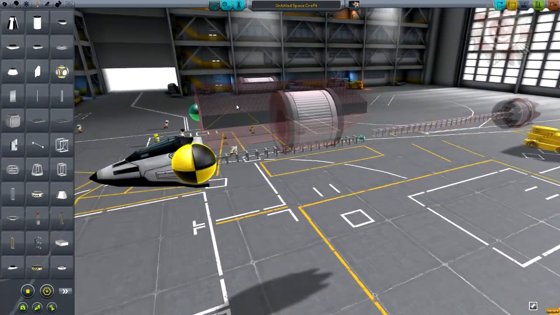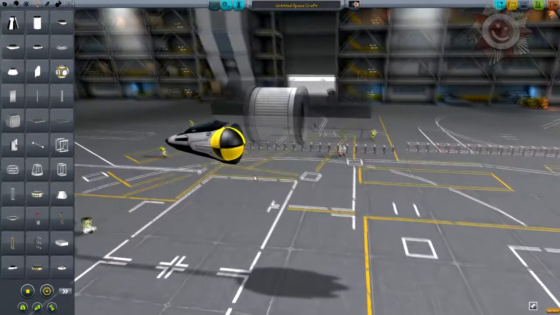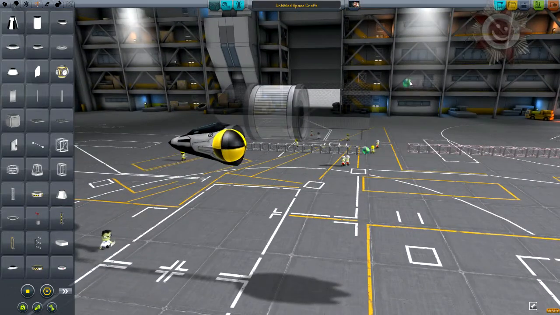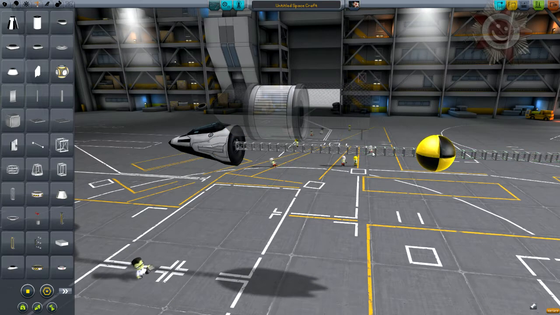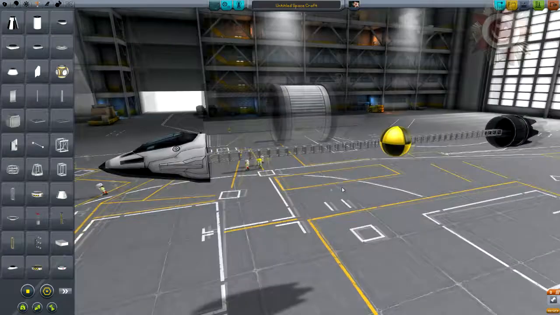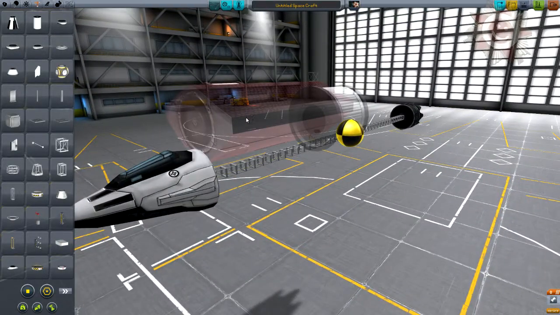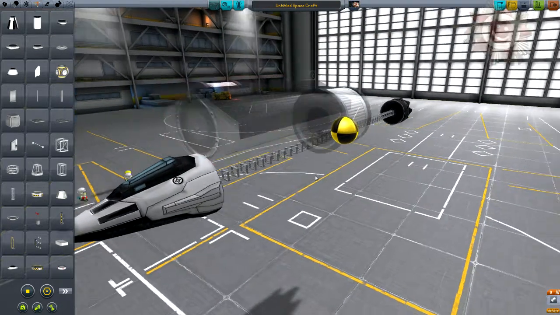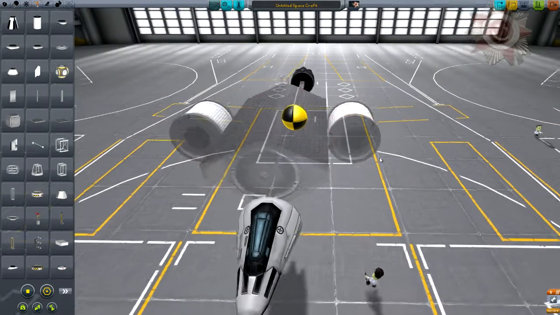I'm trying to place the fuselage exactly like so, and then we need to figure out how much this whole thing weighs when it's empty,